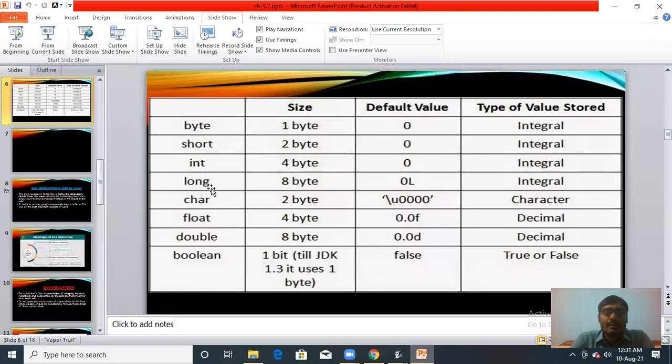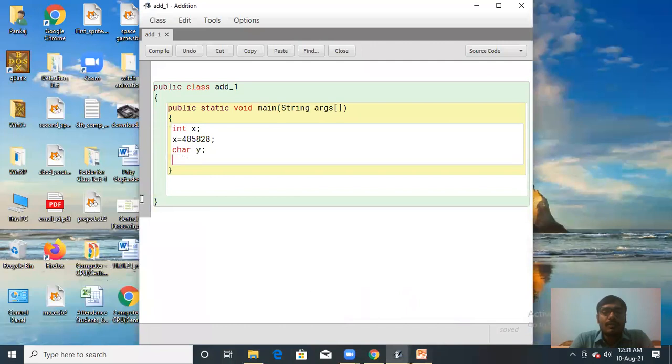Now the next one is the float. Float takes 4 bytes of memory and it is used to store decimal values. Suppose in your program you have to add decimal numbers. What will you do? If you use int, it will not work, because int is used for integer values.